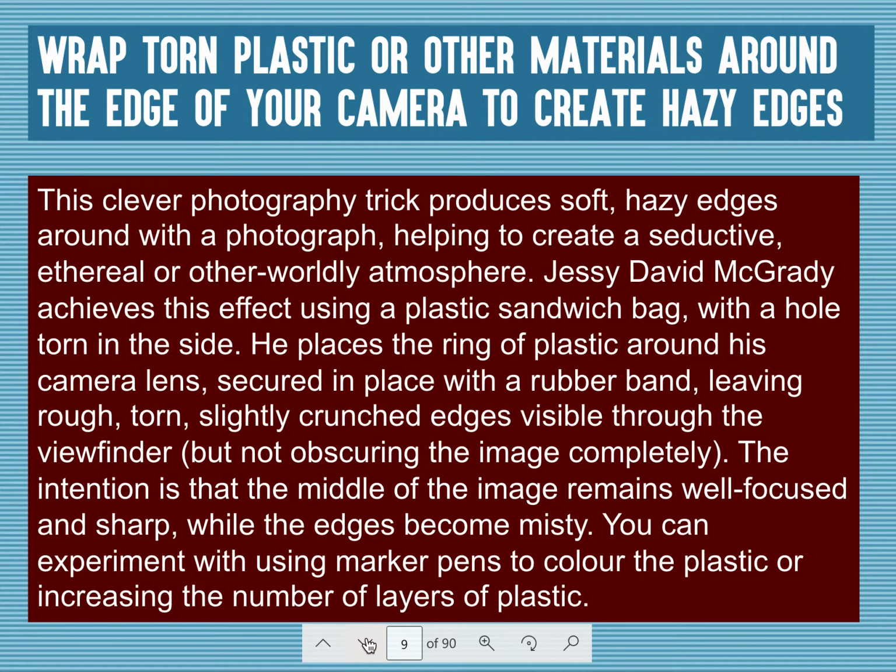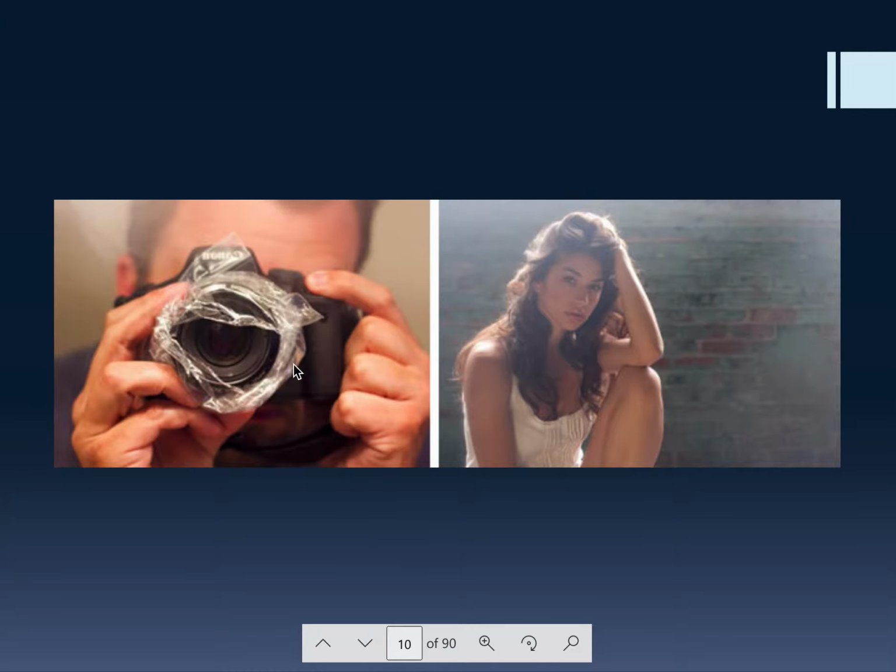Okay, another thing you can do is put things in front of your camera lens. Basically, one of the things you can use is plastic, any kind of plastic, leftover plastic from a package. And it creates this very soft, hazy look. And I'll show you some examples. Here we go. Okay, so here they used like saran wrap kind of plastic, and they just covered part of the lens, not the whole lens. So some of this is a little bit more hazy at the top where there was more plastic, and on the side, it just creates this very soft,